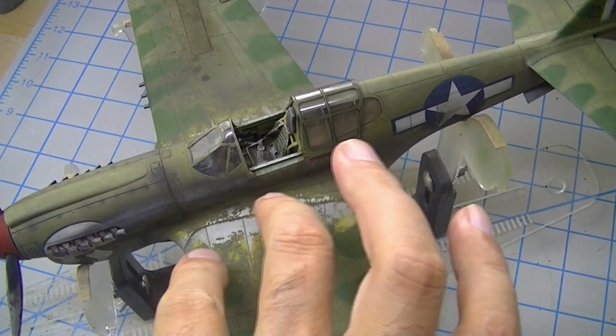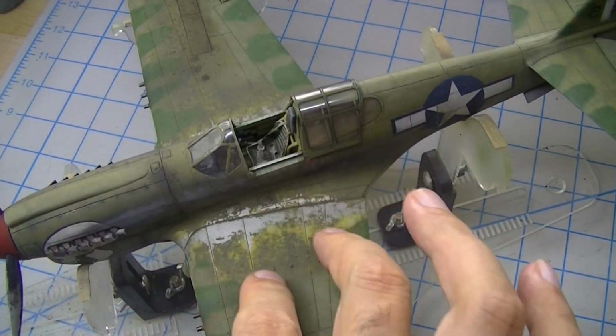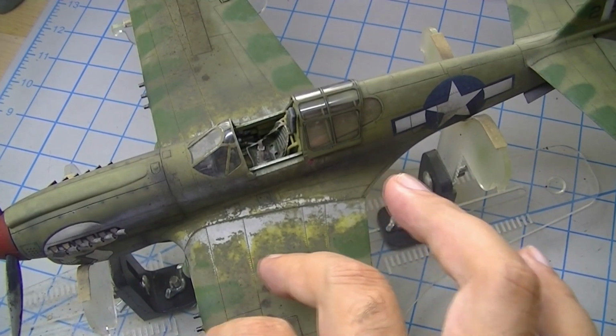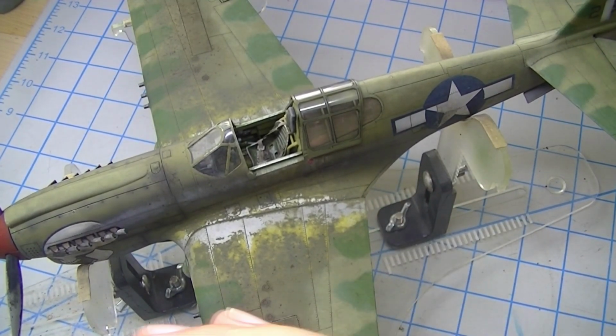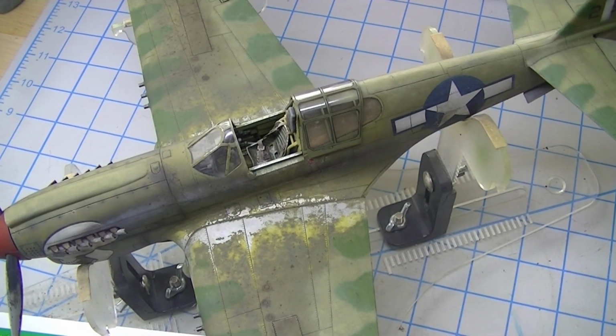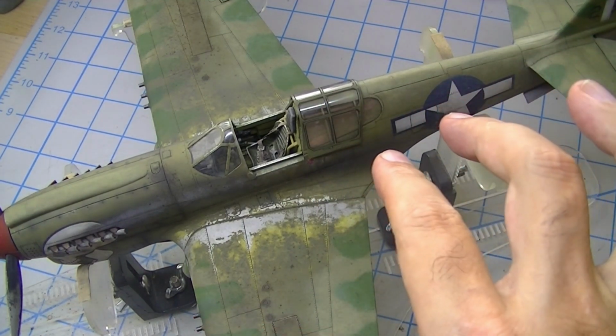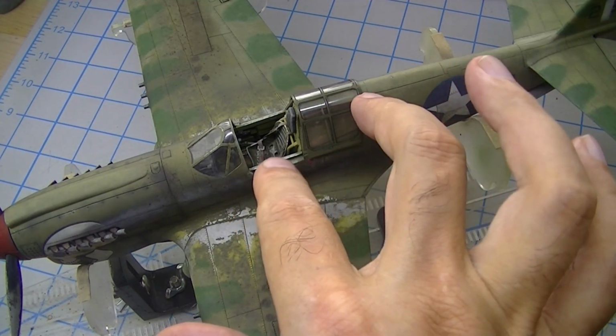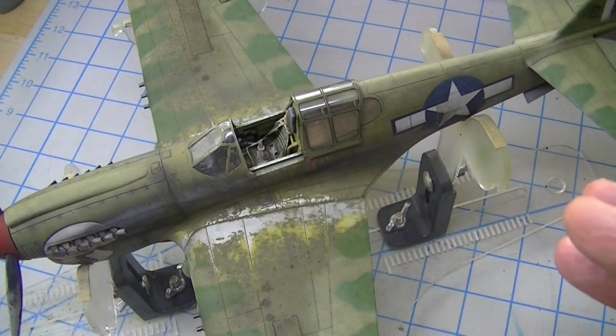Okay, but it is also true that if it's an N, it's supposed to have that indicator for the landing gear. Well, guess what did not have the indicator? The M model, at least about halfway through the production of the M model. Now, there were not a shit ton of M models that went to the CBI theater. There weren't a shit ton of M models built in the first place, but that doesn't mean there were none, right? The other thing is that with it having the scalloped rear window, which definitely appeared on the M model, you could have bolted in this earlier version of the seat. So that's kind of what I'm doing there, is saying, all right,